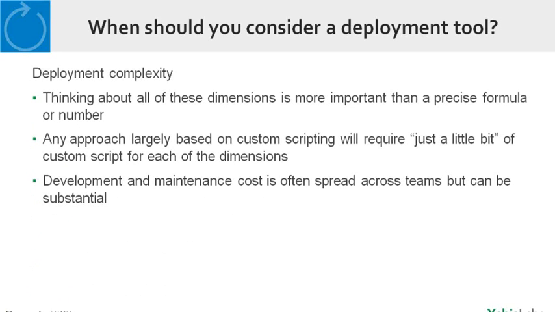I think what matters here is not so much how you exactly chain these together in a formula, or what the precise number is. We have complexity 412 versus 372. That's really not that important. But a bit like the estimation, like the agile planning game, what really matters here is that once you start to think about each of these dimensions and you realize that we have non-trivial numbers for any of these,